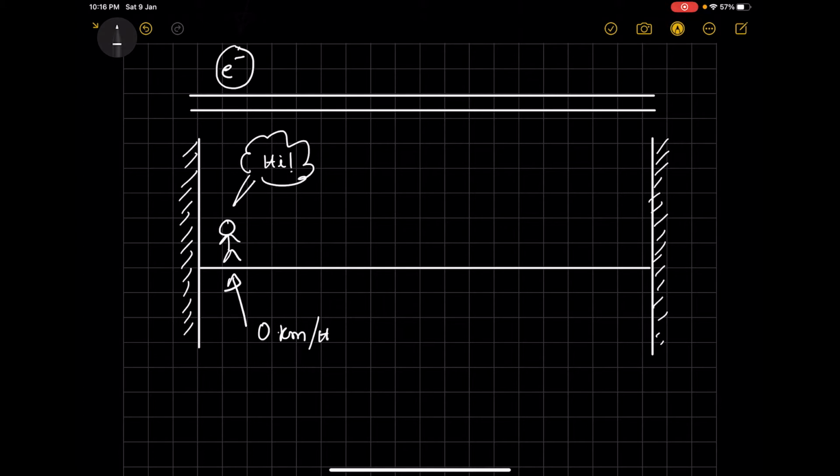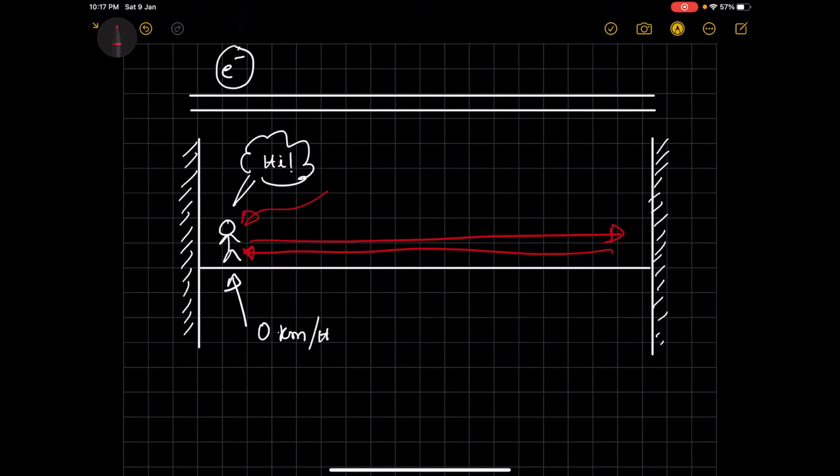And now I give you a challenge that you should run and touch the other wall and come back to your original position as fast as possible. So what do you do? You, who is at rest now, will start moving in this direction to touch the wall, and once you touch the wall, you'll come back. That's a high level visualization of what you would do when you're asked to run between two walls.